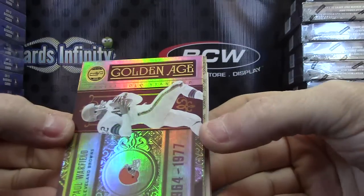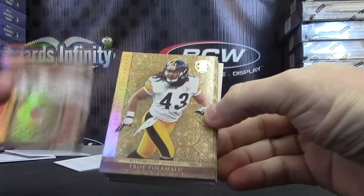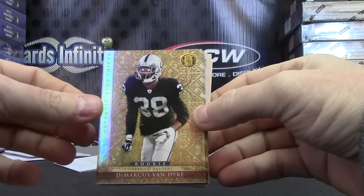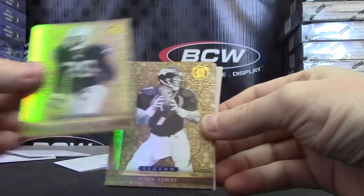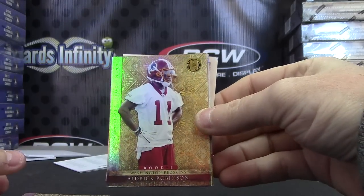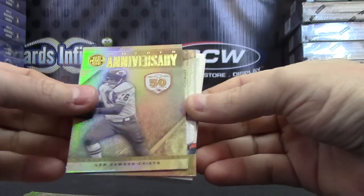Alright, we have Paul Warfield, Golden Age, and Troy Polamalu, DeMarcus Van Dyke, John Elway, Aldrick Robinson, Len Dawson,